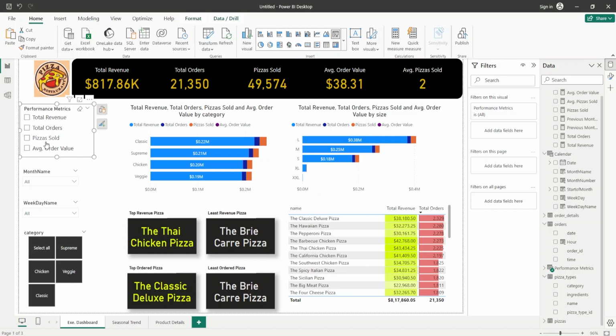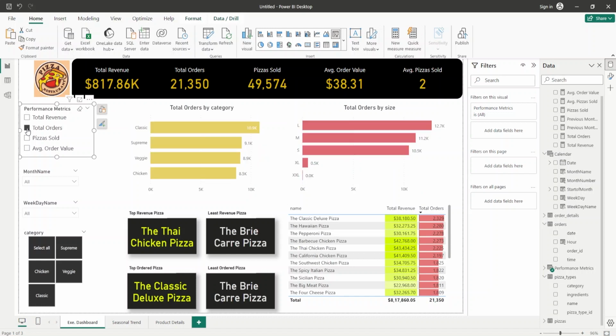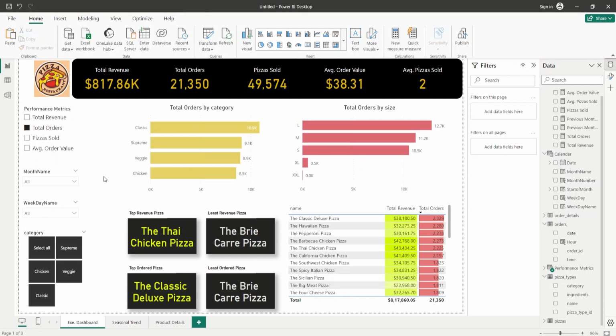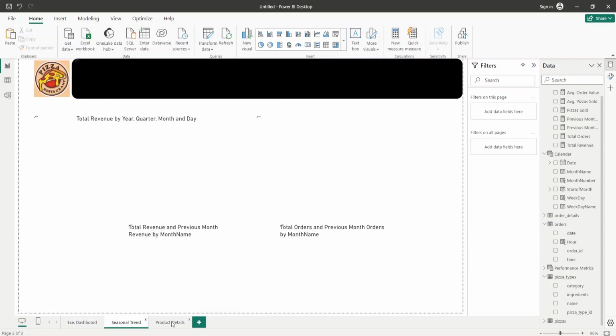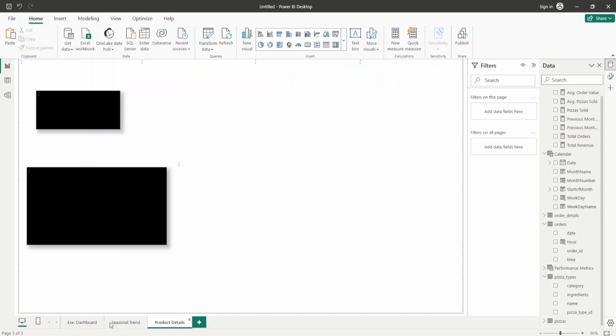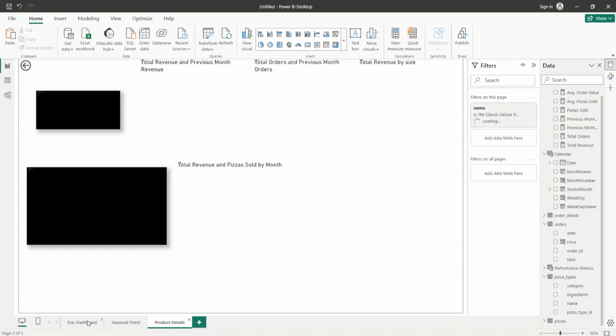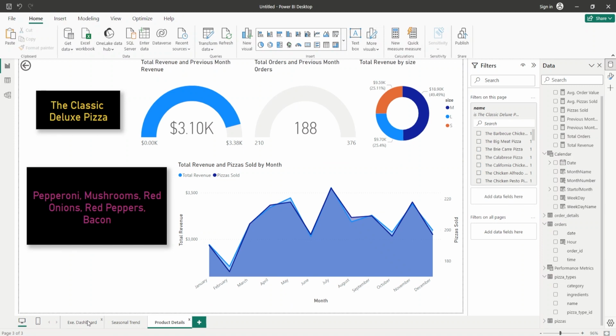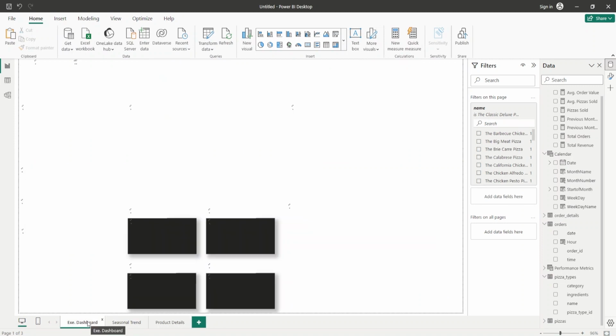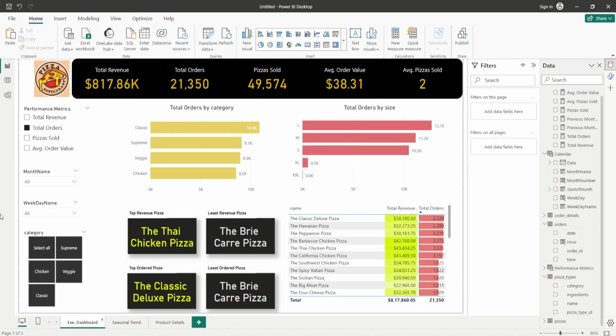Okay, as we have not selected, it is showing everything. We don't want everything, we can add total orders also. We can format it also as you want. So this is our complete structure of the dashboard. One thing that is left is we want to change all our pages, that is seasonal trend and the product details that we have created, based on the slicers that we have created on our first page, that is on the executive dashboard page. So how we are going to do this is,